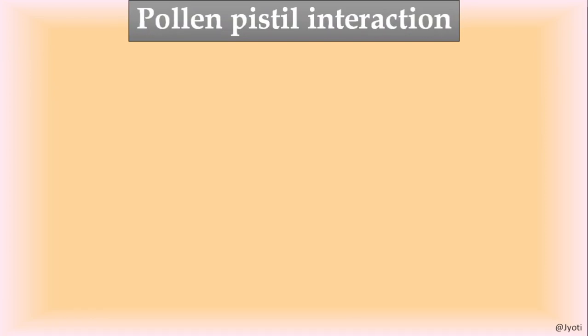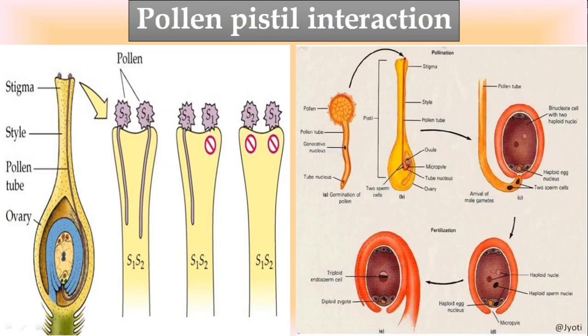Now, how does the pollen and pistil interaction take place? After the maturation of the anther, the pollen grains are released, which is called dehiscence of the anther. When the anther bursts, the pollen grains are released out of the anther, and they are transferred to the female reproductive part, that is the pistil. The process of this transfer is called pollination, and all these processes are covered in class 12th in detail. So very briefly I am explaining it here.